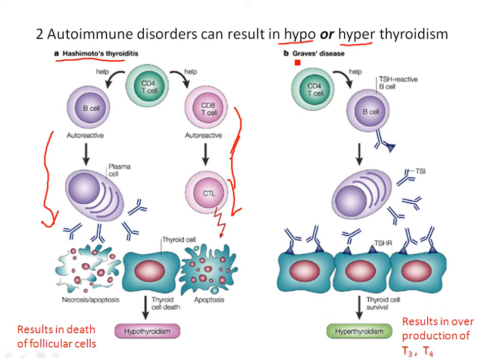Now the other autoimmune disease was Graves' disease, and it had a totally opposite effect. In this case, our immune system is pumping out all these antibodies that act like TSH. They bind to the TSH receptor, tell the thyroid to produce lots and lots of thyroid hormone, which is an overproduction, hyperthyroidism. So again, as you go through these, you're going to see that there are a lot of reasons